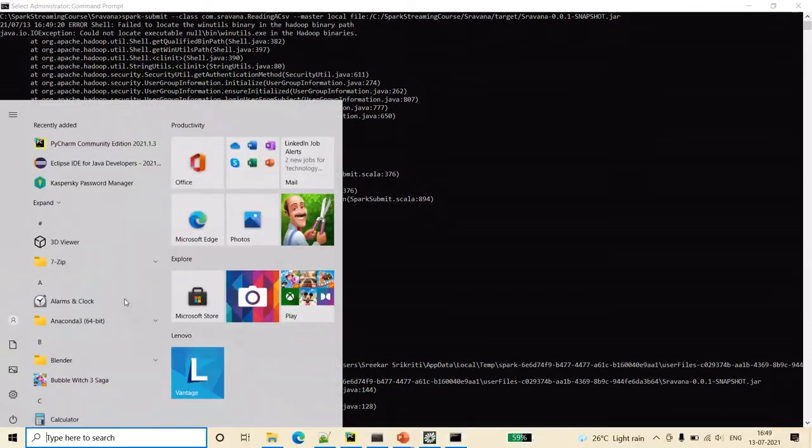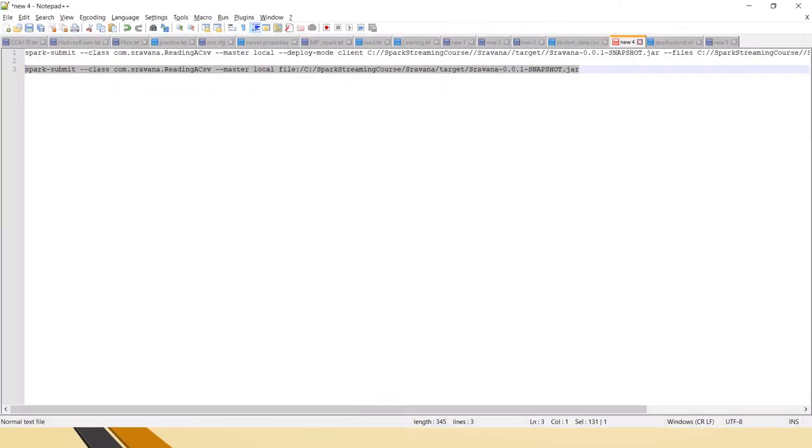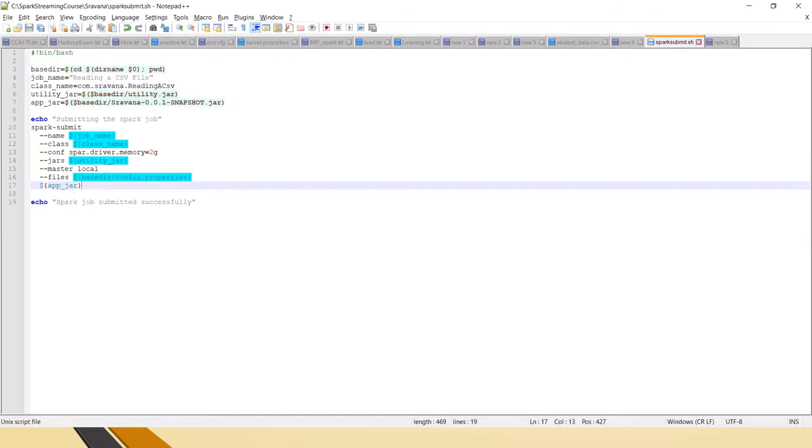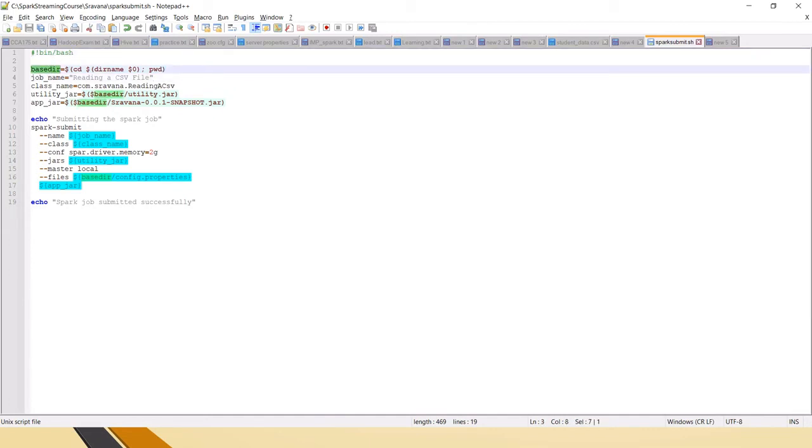So now what will happen in real time is the same spark submit command, we'll put it in a shell script. This is bash, so I'm using bash. If you have ksh in your cluster, you have to use /bin/ksh. And this base directory is wherever you want to run the job from; the shell script itself will read it, so that will be considered as the base directory.